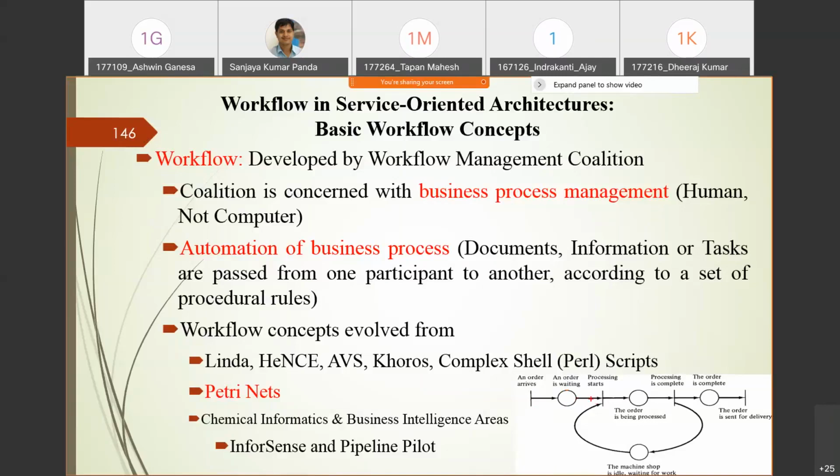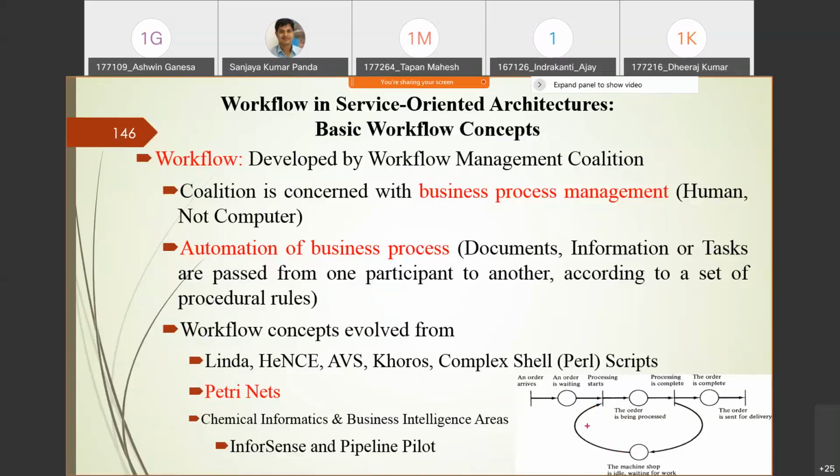Then, based upon your order, the processing starts. Once the processing is completed, you may continue, because you may have ordered multiple items, right? So once all the orders are completed, this machine shop, or this food shop in this case, is idle and waiting for work.